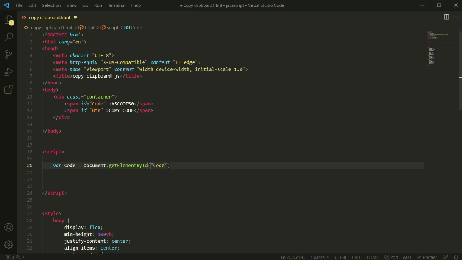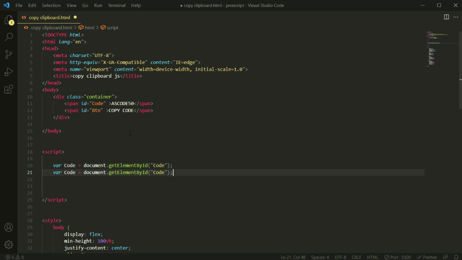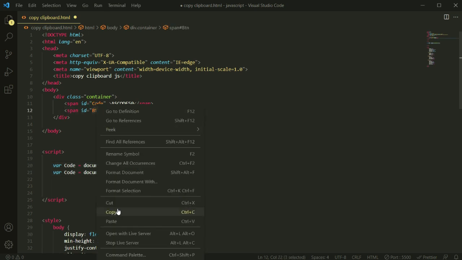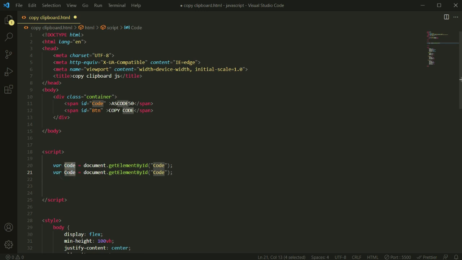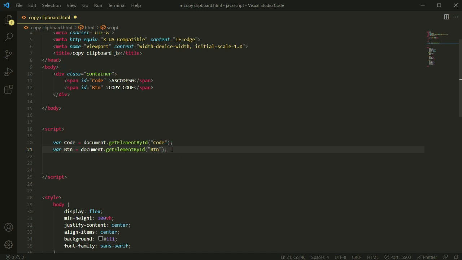This is our id. You can see that code, this id here. So right now we have the variable code, and we are calling this id here. And now we'll close this, and now we'll copy and paste this again, and now we'll change this btn, just changing that btn id. So let me change that. Okay, so our variables are successfully set here. So now we have access to our HTML code. This code we have access to right now.